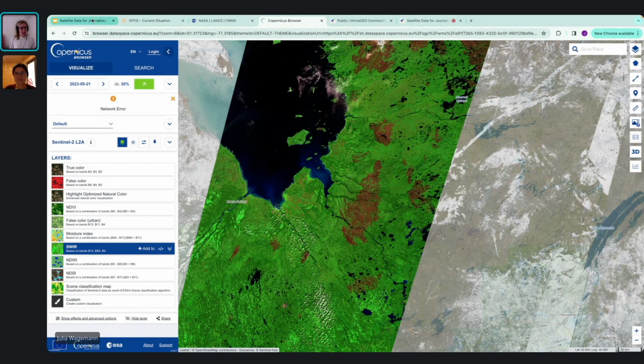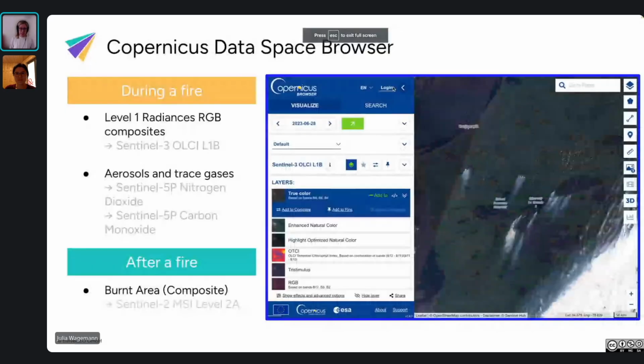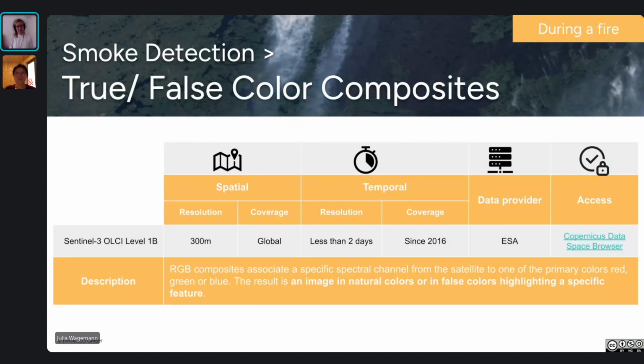Okay, so this was a quick introduction to 3 different data portals and also to quite a few data sets that are available for wildfire reporting. Here again, we put together the different information on the satellite data from Copernicus, specifically available through the Copernicus Data Space Browser.